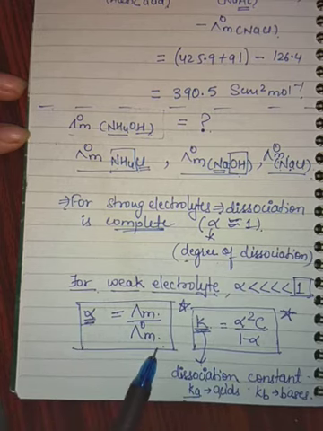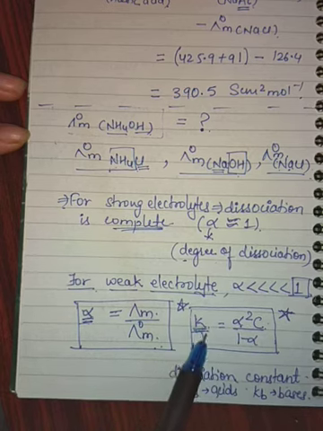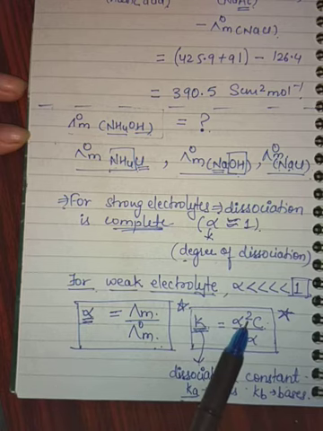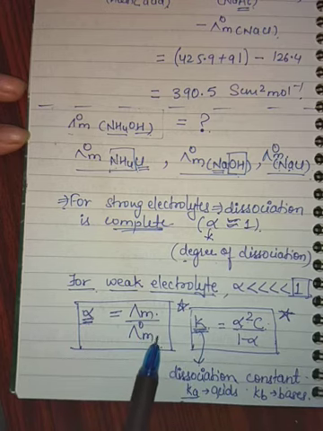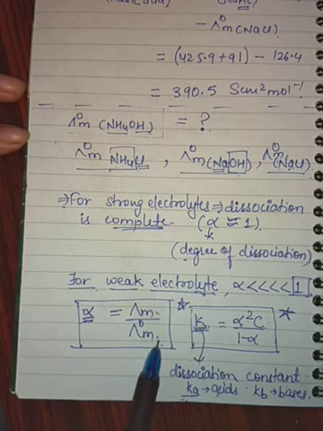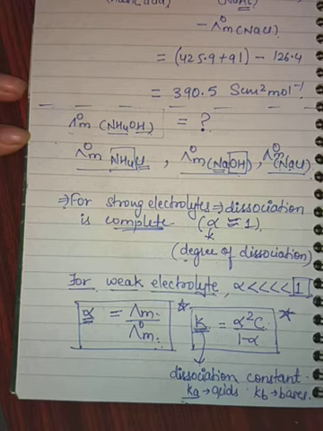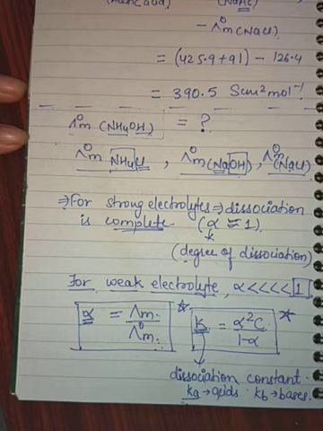The ratio for alpha is given to you, K and alpha relationship is given to you. So if you are asked K, you need to calculate alpha and then calculate K, and alpha can be calculated from the ratio of molar conductivity and limiting molar conductivity. With this we finish our Kohlrausch law and its application, as well as degree of dissociation and dissociation constant calculation. So you can solve numericals based on these formulae from your exercise in the textbook.